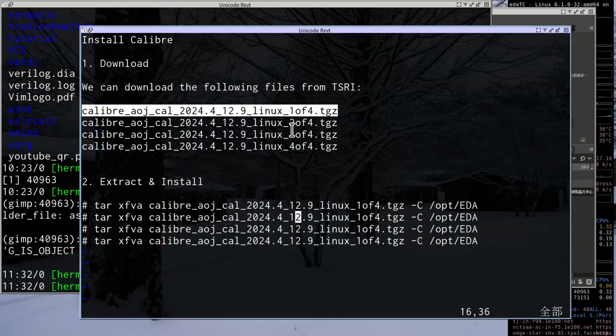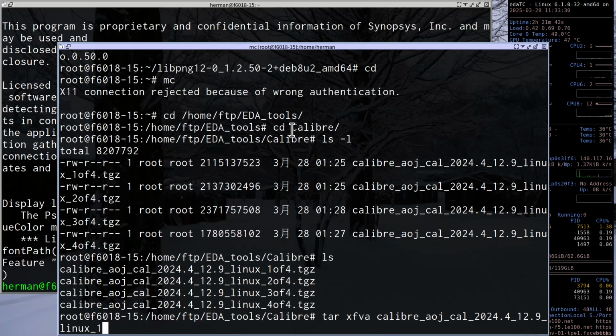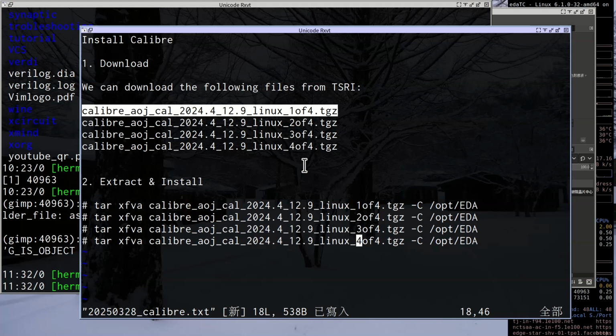So you can see our installation process is basically the same. And this will take some time, so I will leave the control to you. You may follow my procedure here.